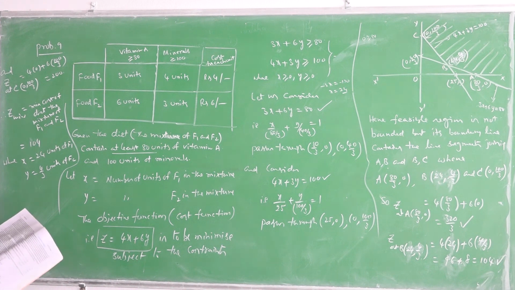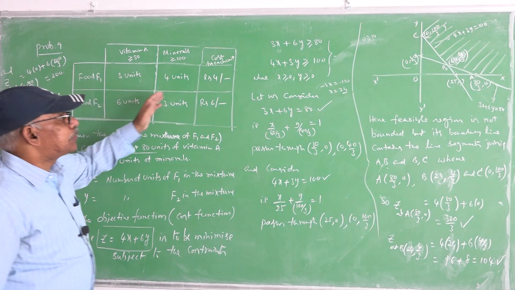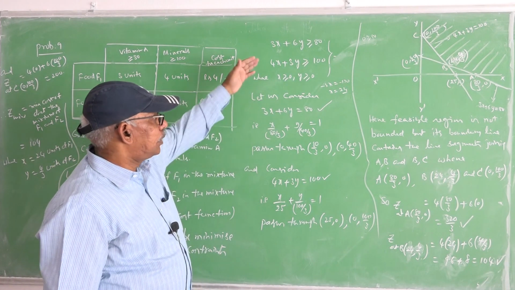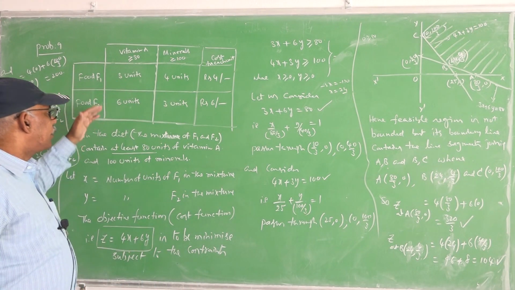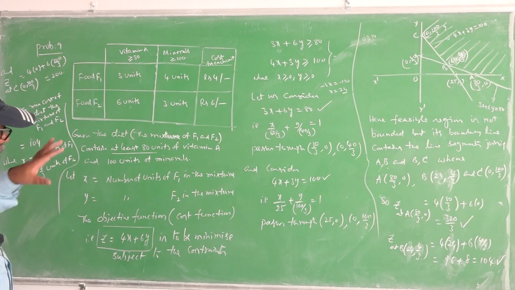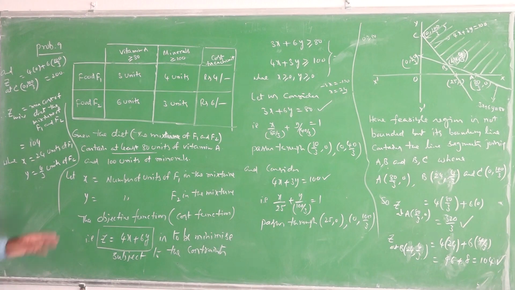So this is related to the diet problem. Instead of taking two variables, you can observe three variables also. Similarly, instead of taking two constraints, once three constraints are given, you can find the linear programming problem related to three constraints. Based on the given data, we can analyze the data and get the constraints, either 2 or 3 as per the given data, and find either the maximum or minimum of the objective function, whether it is a cost function or whatever it may be.